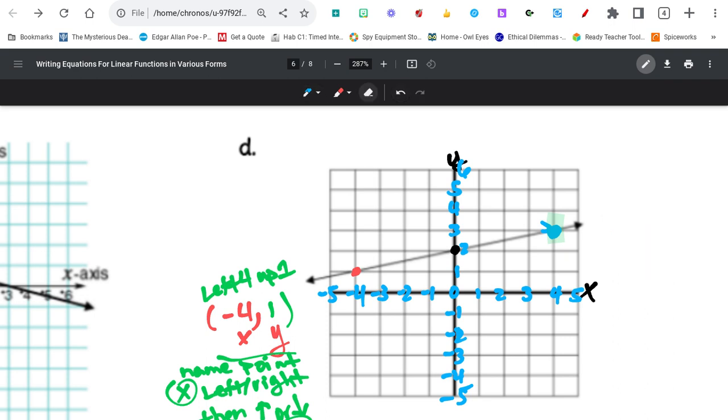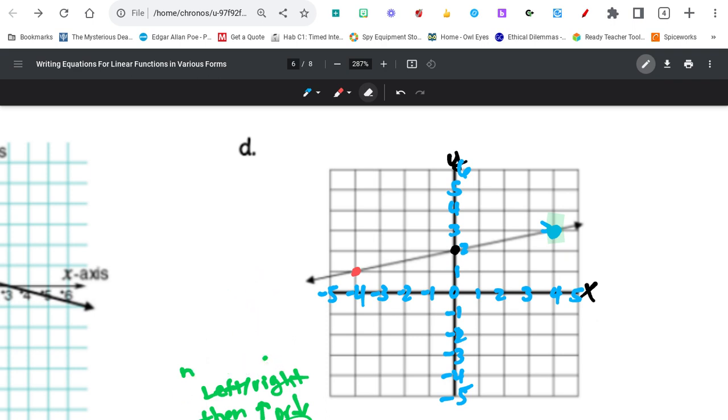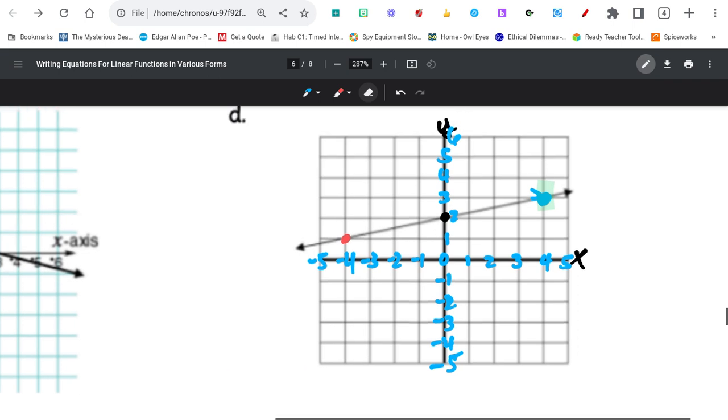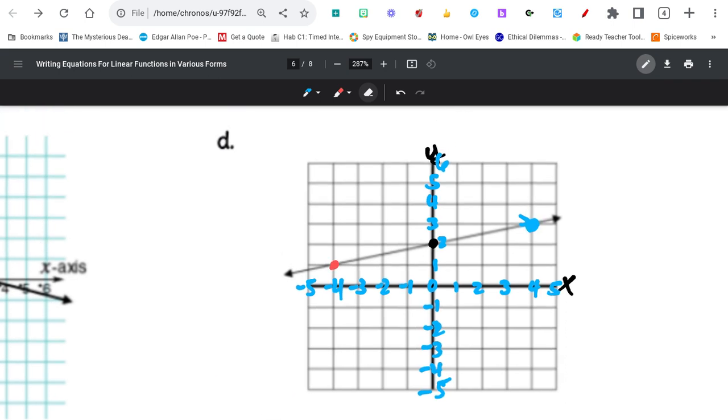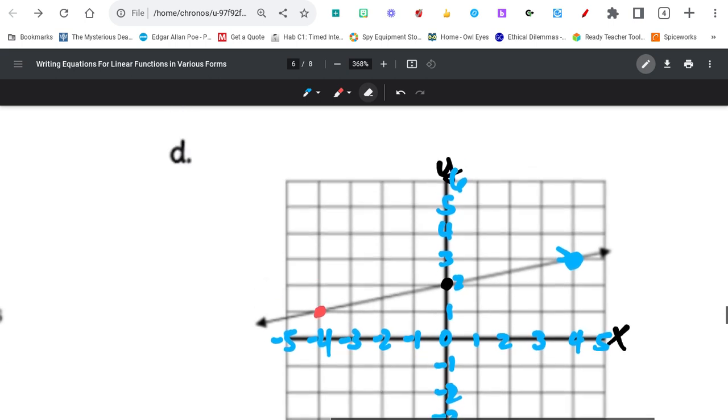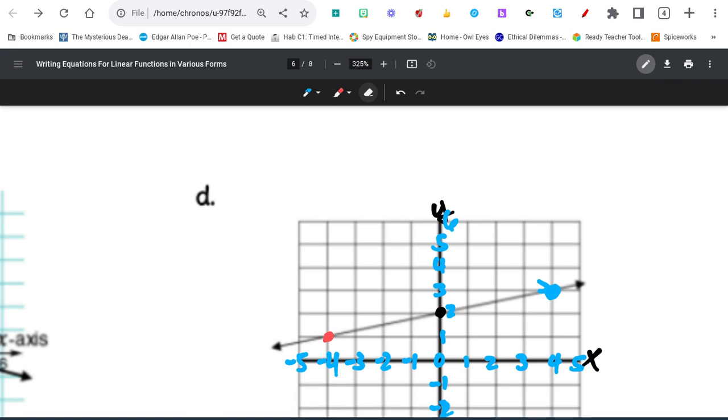Let me erase that because I don't need to name the points. I'm just showing you how you name them, okay? And I wanted you to know that the way you name slope is opposite of the way you name a point. All right, so what I'm going to do now is I know that I'm going to list the